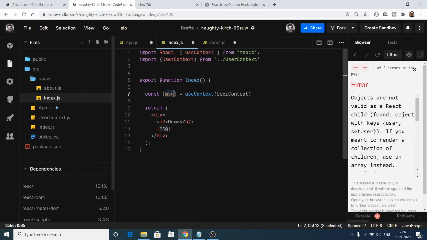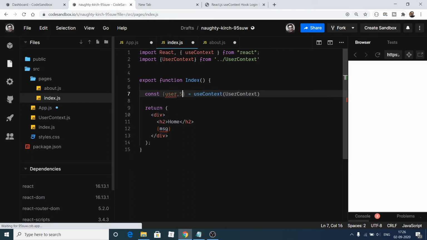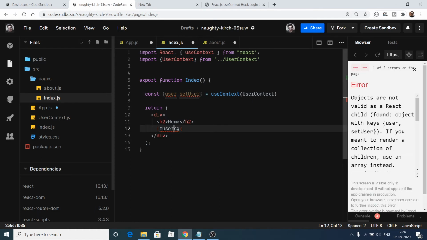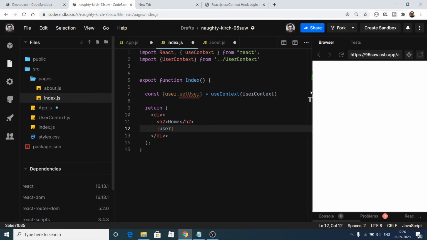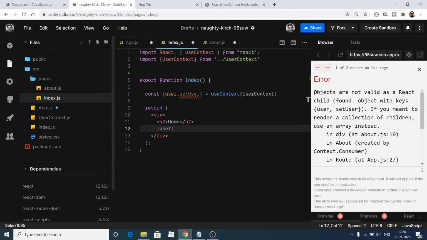So we can do this by user, set user, like this. So you will see if I replace this user here, sorry, it is saying to us that objects are not valid here.